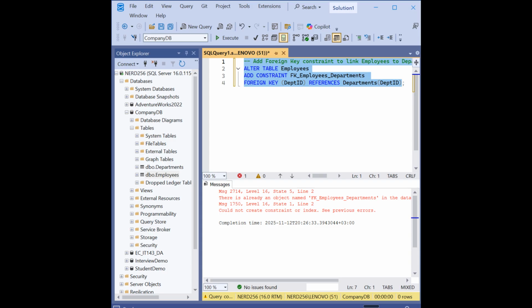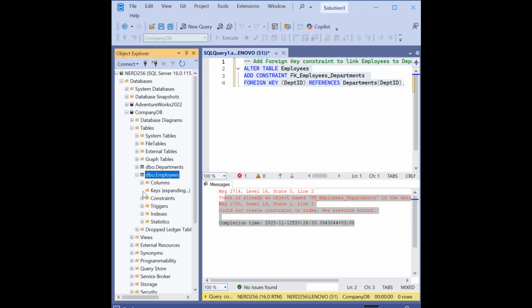It says index already exists, okay, meaning even this key I've already created. Now let's go to employee. When we click on table, we're supposed to get the primary and foreign key, which is here. Let's open the column. You realize that department ID is the foreign key in the employee table, and their primary key is employee ID. So that is it about